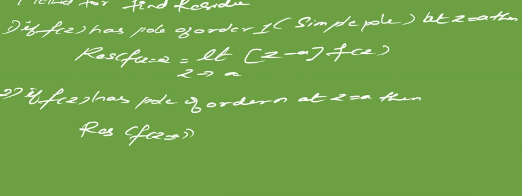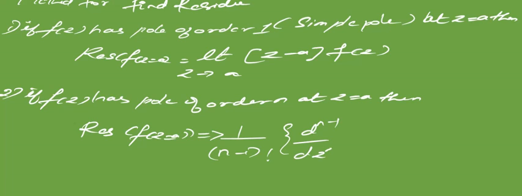Suppose the denominator term of the function has a pole of order n, that means the power exists for the denominator, z minus a whole square, z minus a whole cube, at different values of z. Then finding the residue is a little bit difficult, where you are supposed to take 1 by n minus 1 factorial, n is nothing but the corresponding power. You need to differentiate n minus 1 times with respect to z, z minus a whole power n into f of z, at limit z tends to a.